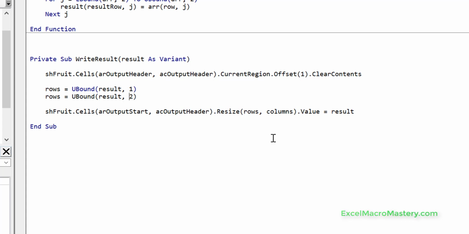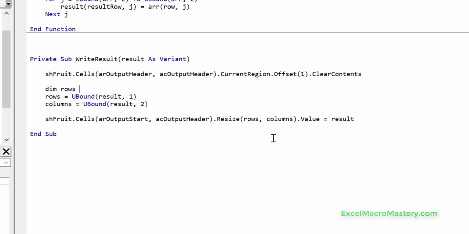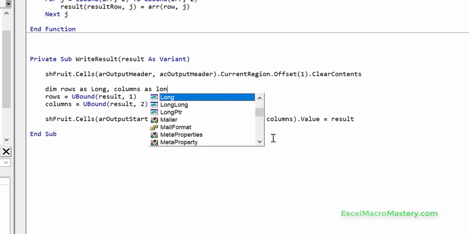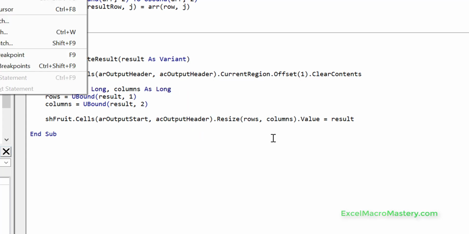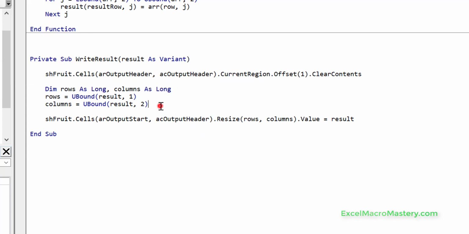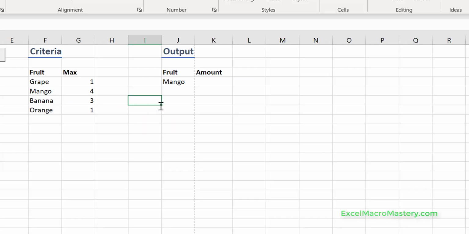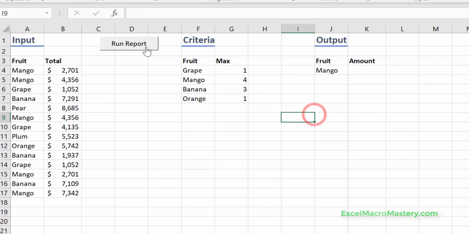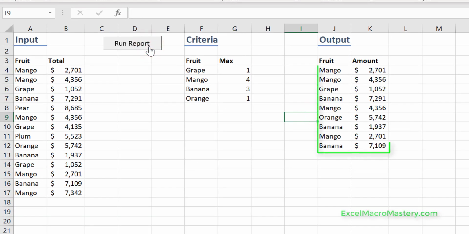So columns, when we use UBound 2, it's the columns. And obviously we want to declare these variables, and columns, as Long. So let's do a debug compile. Everything seems good. Let's do Alt F11 and let's run this code, and you can see we got the results